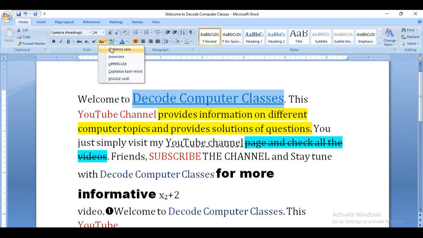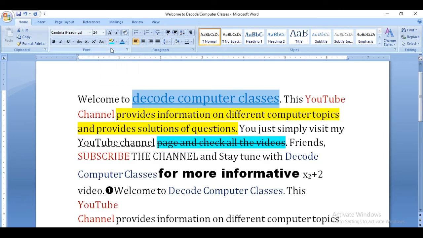First is sentence case. What does sentence case mean? See the changes, did you notice that? Every sentence you select is converted into sentence case, so it works like a normal sentence, like normal typing you do.